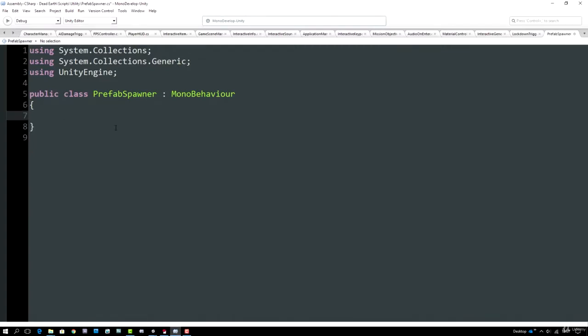So scripts don't really come much easier than this. We basically need to expose 2 properties that we need to fill out via the inspector. The first, of course, is the prefab that we wish this script to instantiate. And that's, of course, going to be our access code. So I declare a game object reference called prefab. It's serialized, of course, so that we can hook this up by dragging our access code prefab into this slot